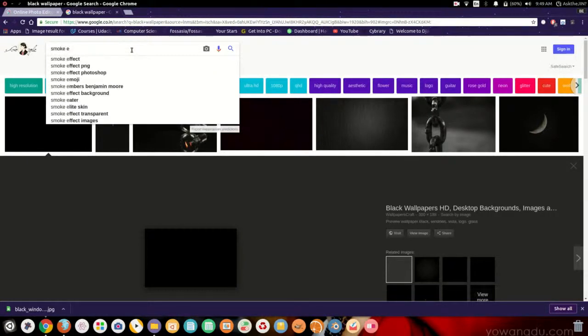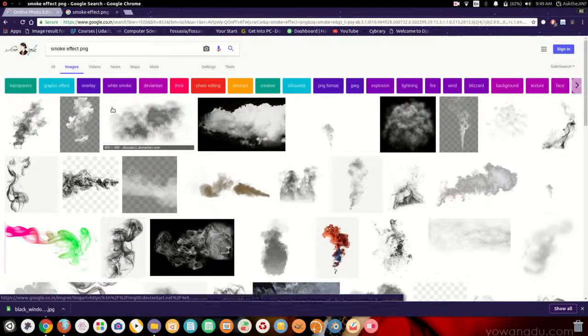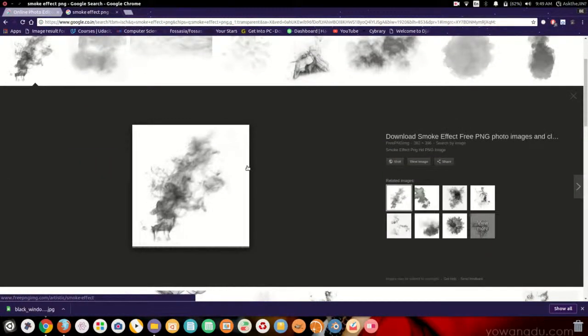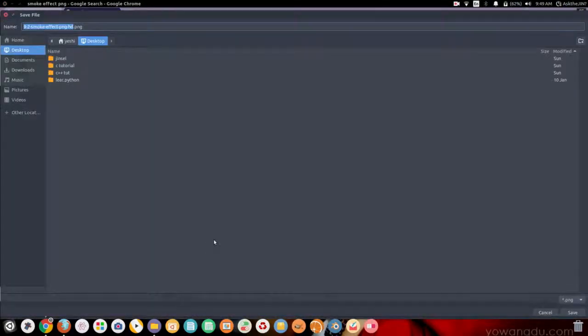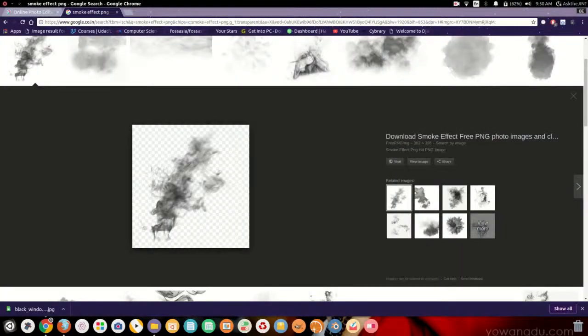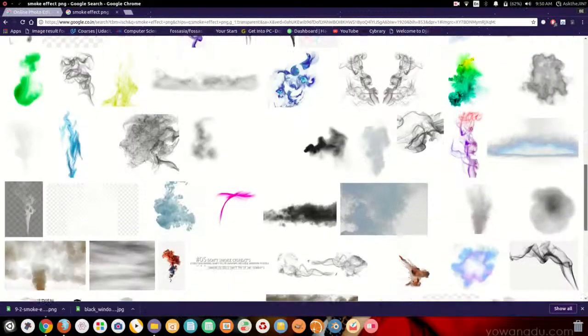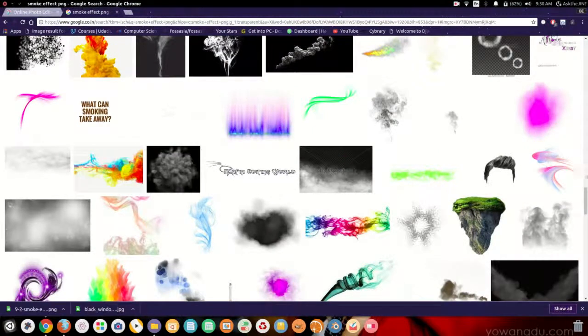Smoke effect PNG, so that the wallpaper or the background of this is transparent. Yeah, we'll choose this one, and I think this PNG. Yeah, go to this and save image. Let's save this. If you love design, then you can choose anything like birds, and there is lots of design